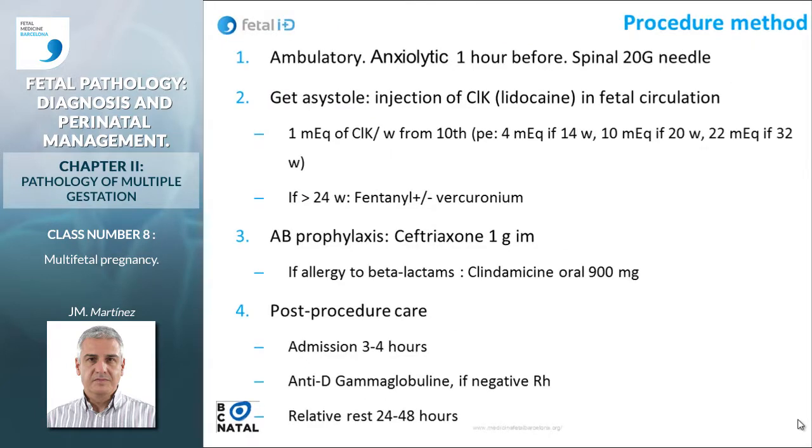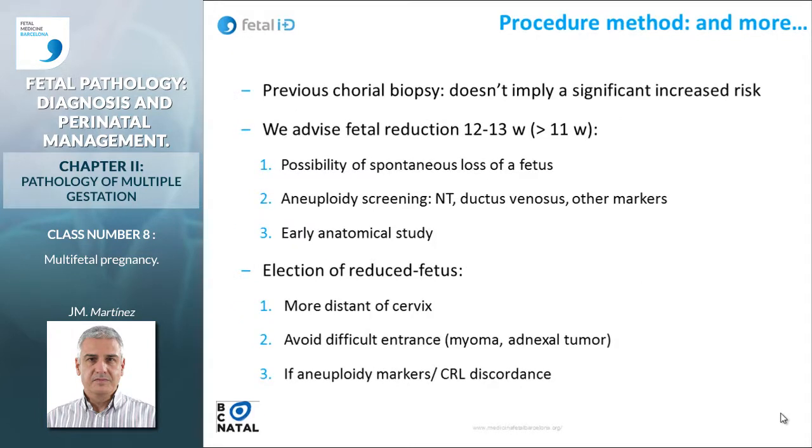The procedure methodology is exactly the same we explained before. But here we have to take into account that the previous chorionic villus sampling doesn't imply a significant risk. Therefore, sometimes it's helpful to perform it, especially if there is a suspicion of chromosomal anomaly in one of them. For example, in fetal reduction before 14 weeks, we will wait till 11 weeks to perform an ultrasound, an early anatomical study, to establish if one of the fetuses had a structural malformation. We could also establish an aneuploidy screening with the NT, ductus venosus, tricuspid regurgitation, nasal bone,